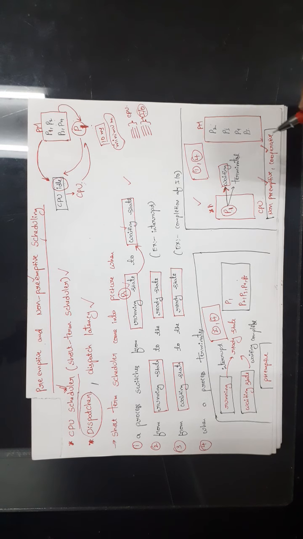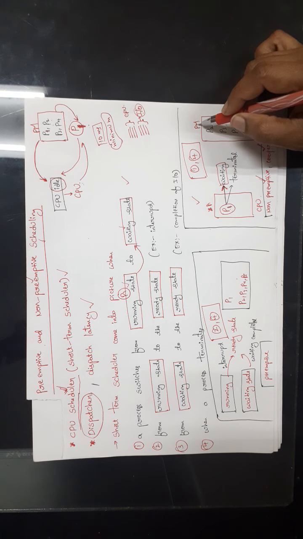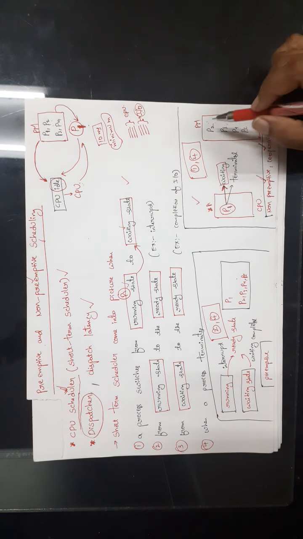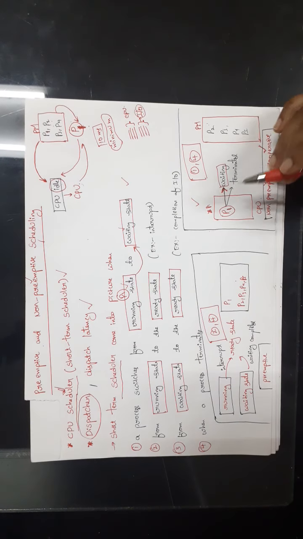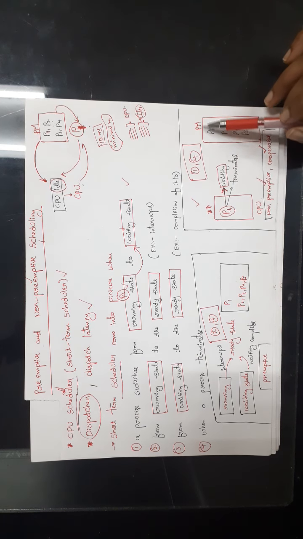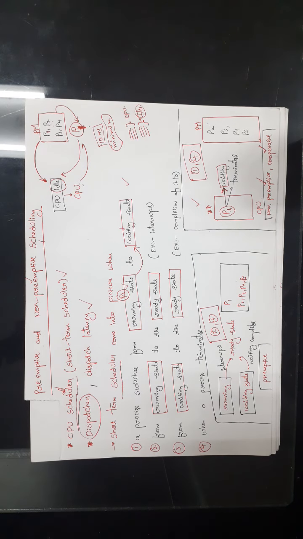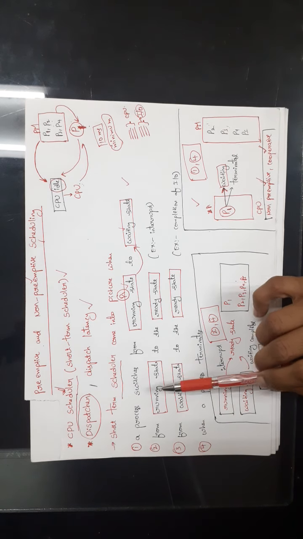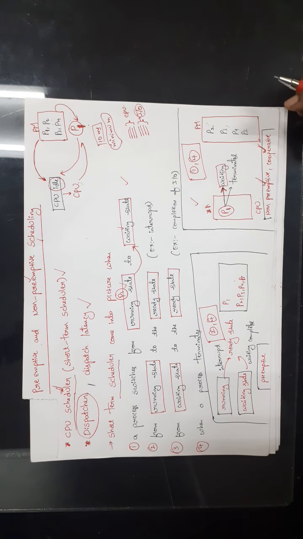Okay. So here also we are choosing one process among all the processes in the primary memory. Right, so that is the job of the short-term scheduler, right? So here short-term scheduler comes into picture. When one process goes from running state to the waiting state, then we have to choose one process among all the processes in the primary memory. Okay, so this is scheduling. The scheduling done by the short-term scheduler is called the non-preemptive scheduling or cooperative scheduling.